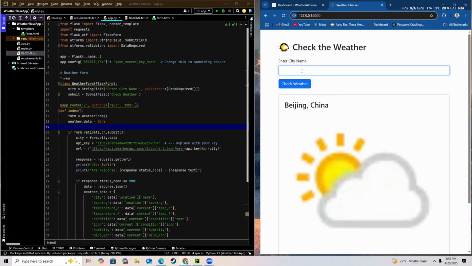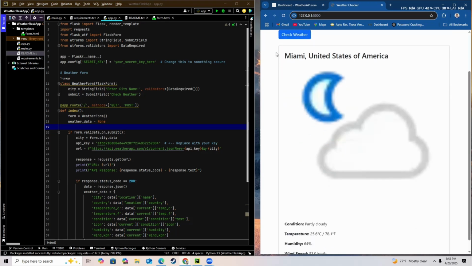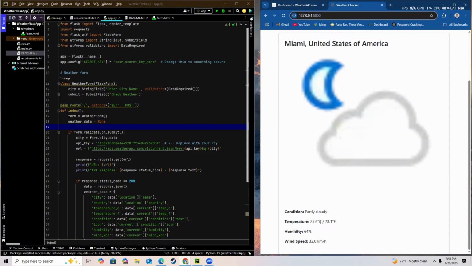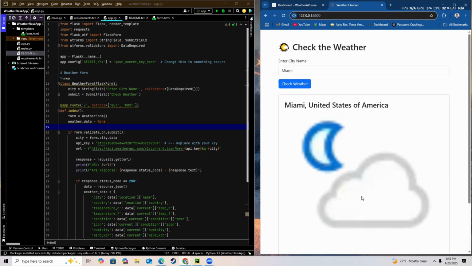As, for example, Miami, United States of America, and it says here temperature 25.6 Celsius, Fahrenheit, wind speed. Okay, so let's check another city